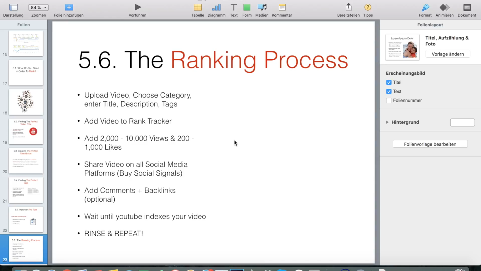In most cases, once you upload the video and put it directly into a rank tracker, which tracks the position of your video on YouTube, it will most likely either not be in the top 100 positions at all, or it will be on some back position like 70 or 80.